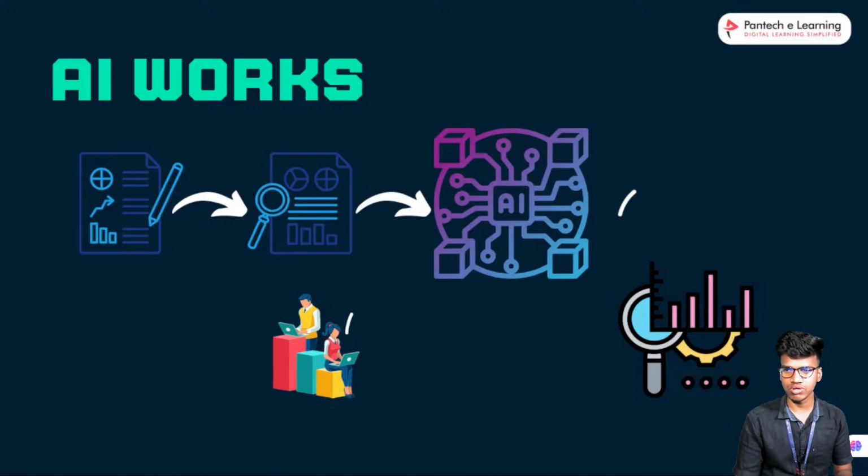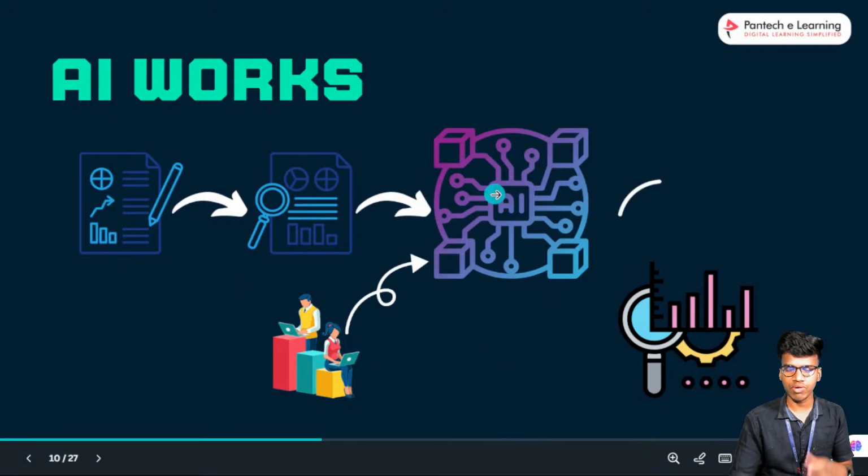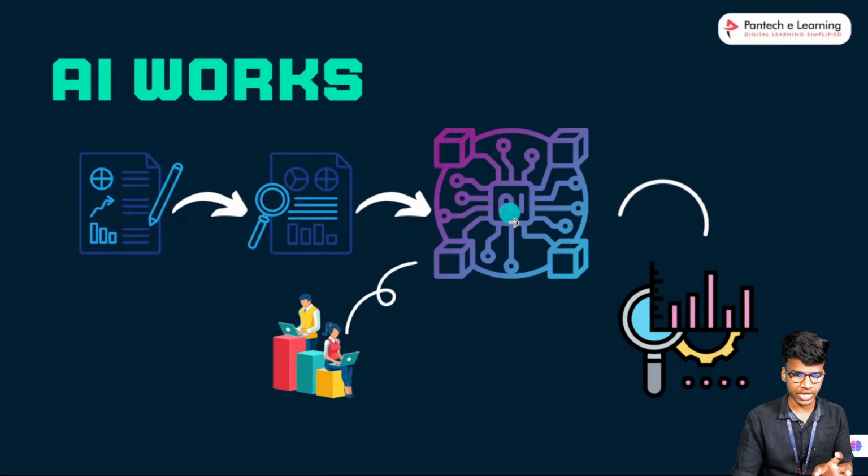We check whether duplicate data is there or not, whether null values are there or not, or any other unwanted data is present or not. That way we check; that is pre-processing. Next we go to the training process. We have to create our AI model and give it training. Finally we have to evaluate the model.